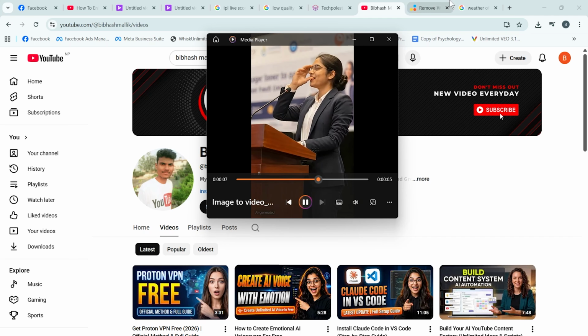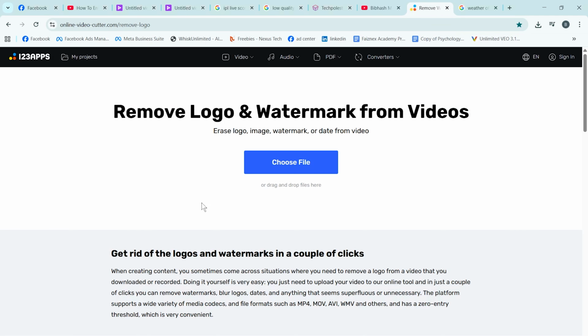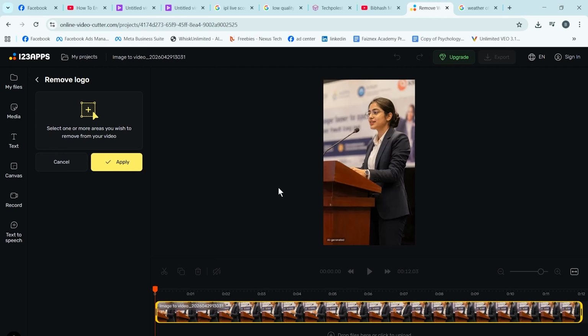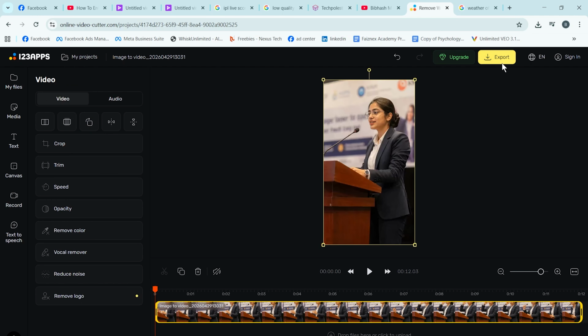So first of all I need to visit this website, then click on choose file, just upload the video. After upload the video, here you can see a plus toggle. Simply click on this, left click, then select the watermark area, then click on this apply button, then click on this from this corner,